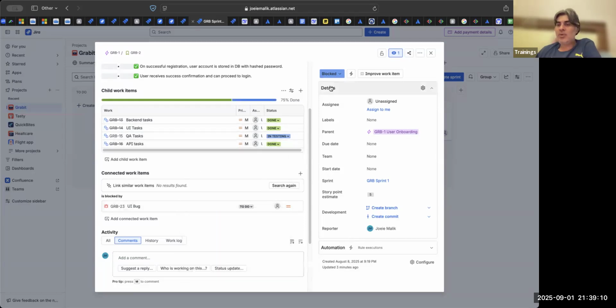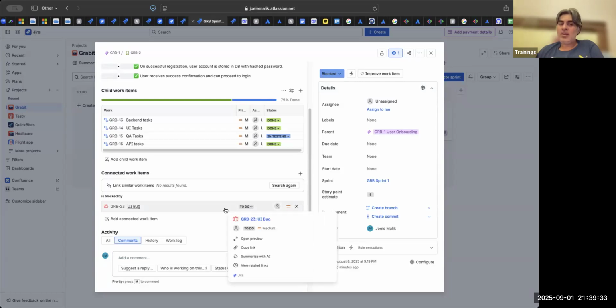Next day, daily stand-up happens. As a Scrum Master, you will go through all the blocked items. That is your major facilitation role. So why is this blocked? There is a bug. Has the discussion happened? Yes, the discussion has happened between the QA and the PO and the developer. It is a bug and the developer is going to fix this bug.